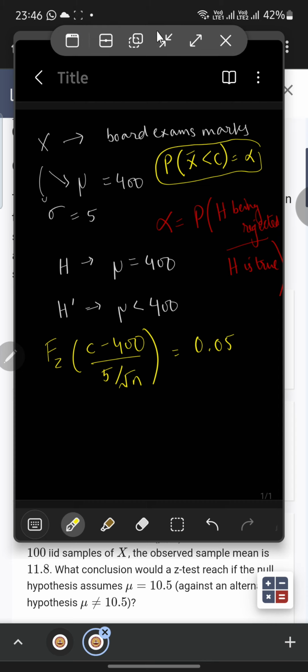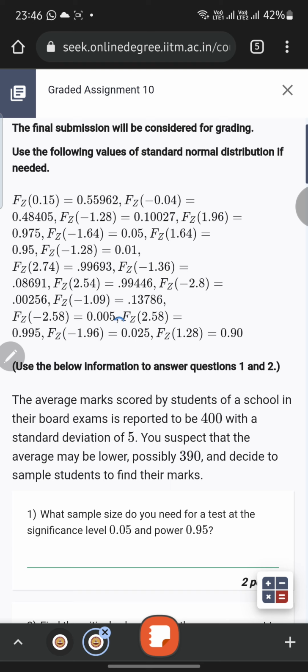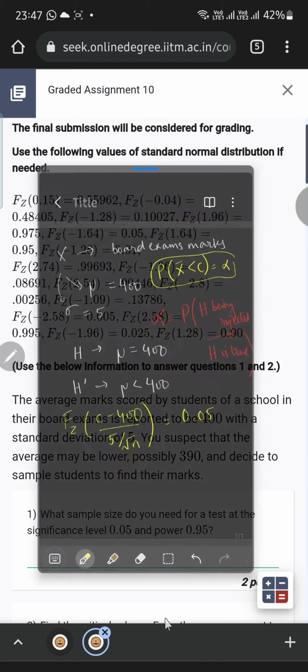Wait a minute. Yeah, F of z is 0.05. Yeah, here it is, this portion, right? So basically we can say for sure that